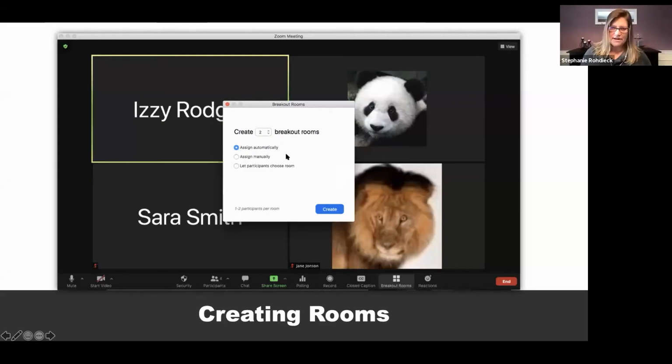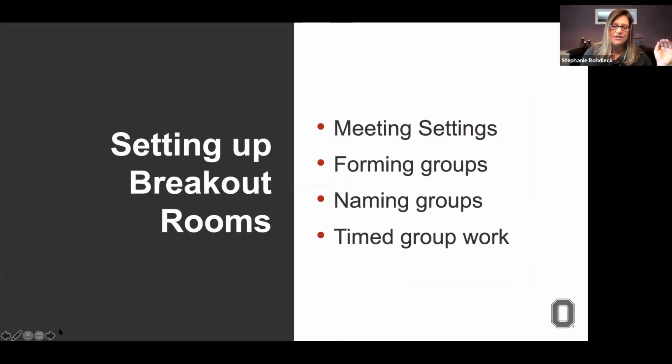So you can set up rooms prior. I'm going to be honest with you, though, today I have decided I'm not even going to really show you that option. The reason is I haven't found a single person where it actually works well. There are always challenges. If you want to stick around at the end, we can walk you through how to do that. But even Zoom admits it's not the best option.